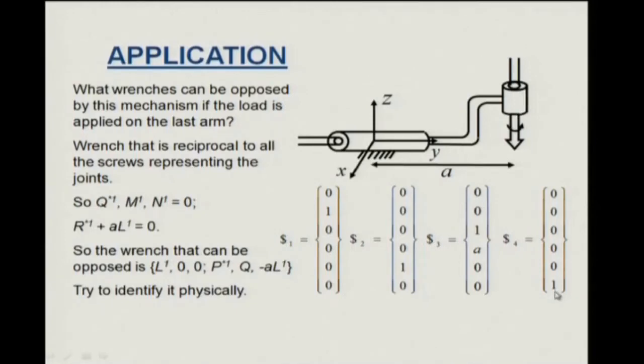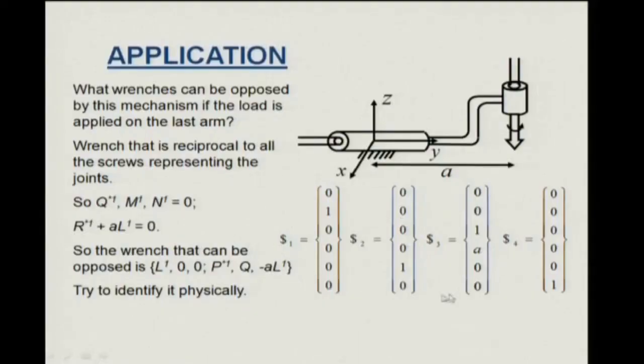So these are the 4 screws which essentially represent the allowable motion in series. You could have combined this and this into a single cylindrical screw also. It's just a little bit more complicated because there are 2 variables in there. So with time you learn to do that. So now I am looking for the wrench L, M, N, P star, Q star, R star that is reciprocal to all these 4 screws. So you take the first one, if L, M, N, P star, Q star, R star has to be reciprocal to this screw,